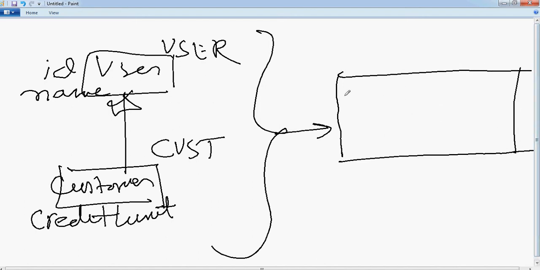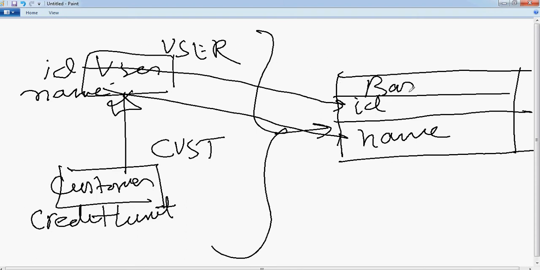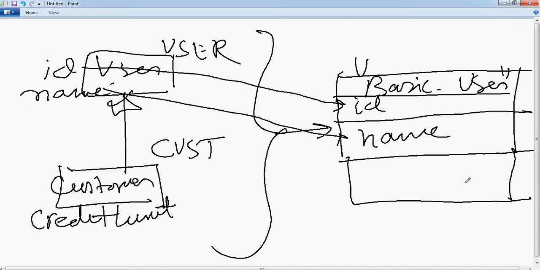What are the columns of the table? The columns are the ID column and the name column, if this class hierarchy is mapped to a basic user table. Then from the customer it will have the credit limit column.